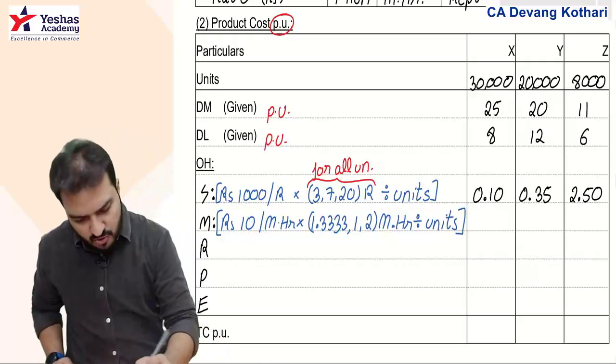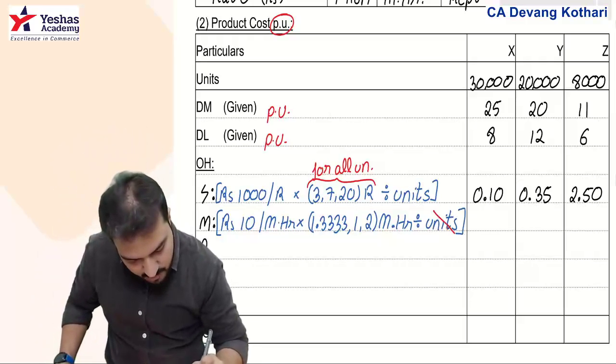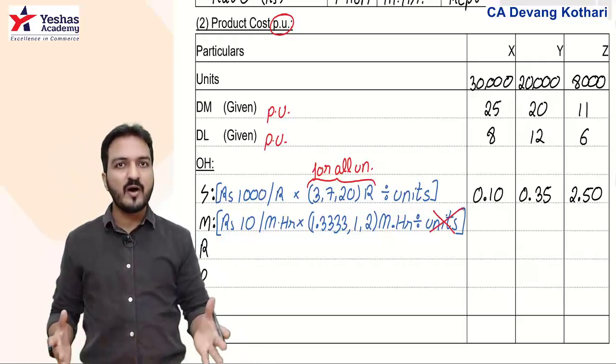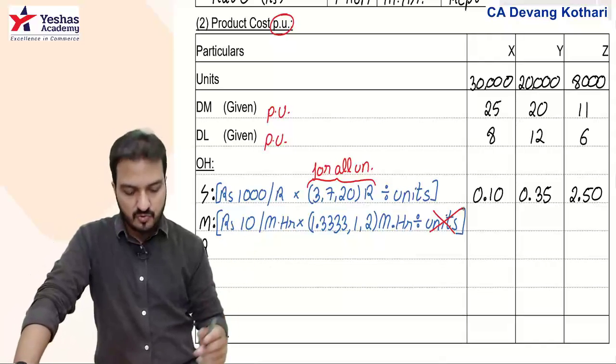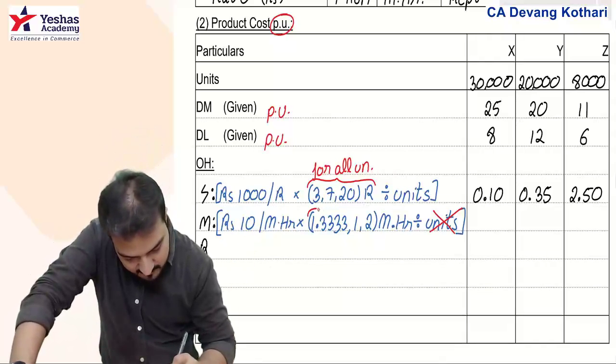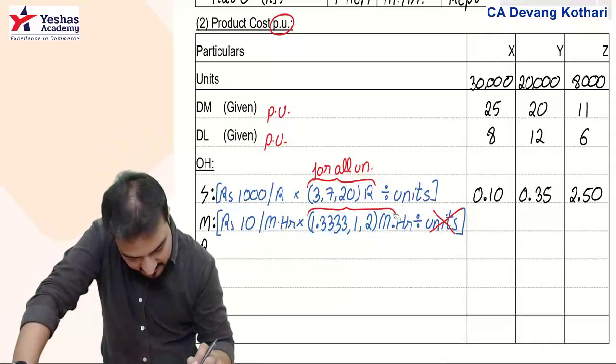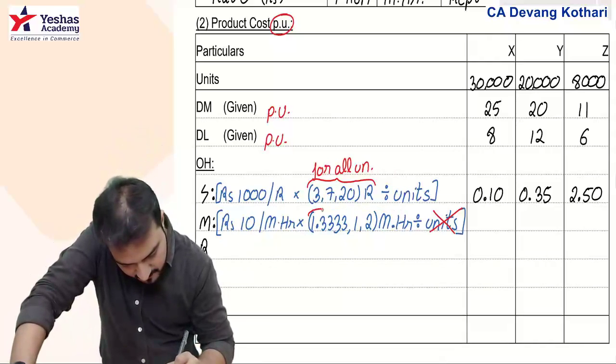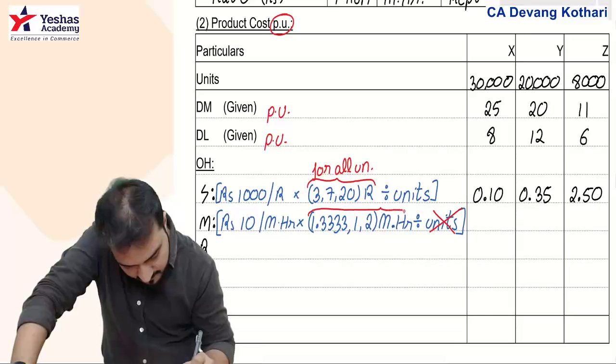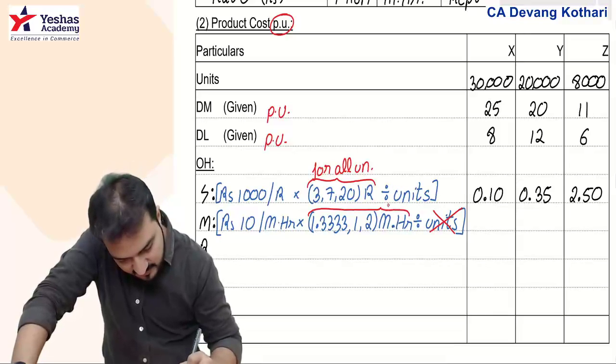Well, no, this time you will not do divide units. Why not? Because look, this time you can observe that these machine hours that you have